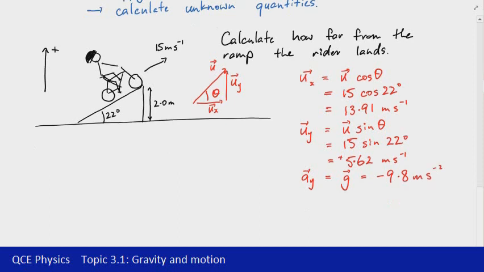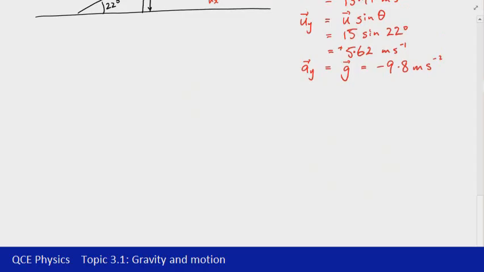Now, in order to answer this question, we need to find the time of flight. The idea of time of flight is basically just how long the projectile is in the air, from when it's being launched or propelled to when it strikes the ground at some later point in time. So to find the time in the air in this case, we don't have any information about